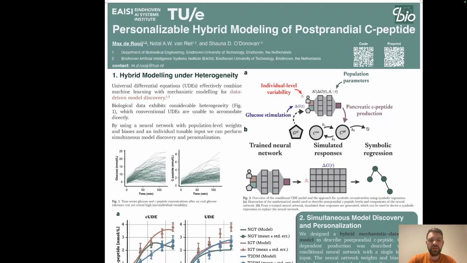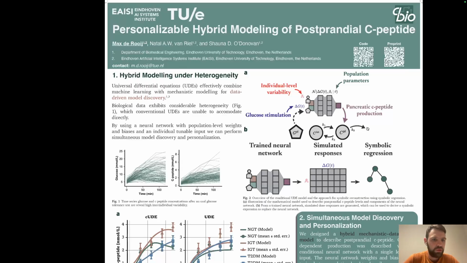Universal differential equations are a modeling framework that integrate mechanistic models with neural networks to model incomplete biological systems. The differential equations that compose the mechanistic modeling part describe the known part of the biological system, while the neural network describes the unknown part, which needs to be derived from data.